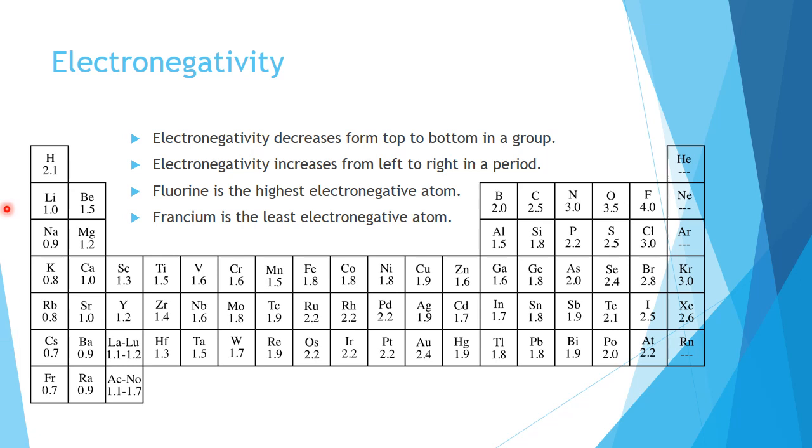If we go from left to right in a period, we know that in a period the shell remains the same, but what actually increases is the atomic number, or the number of protons in the nucleus, you may say. So due to the increase in the atomic number along a period, but the same shell, there is increased nuclear force on the valence electrons because the shell is not increasing, it remains the same.